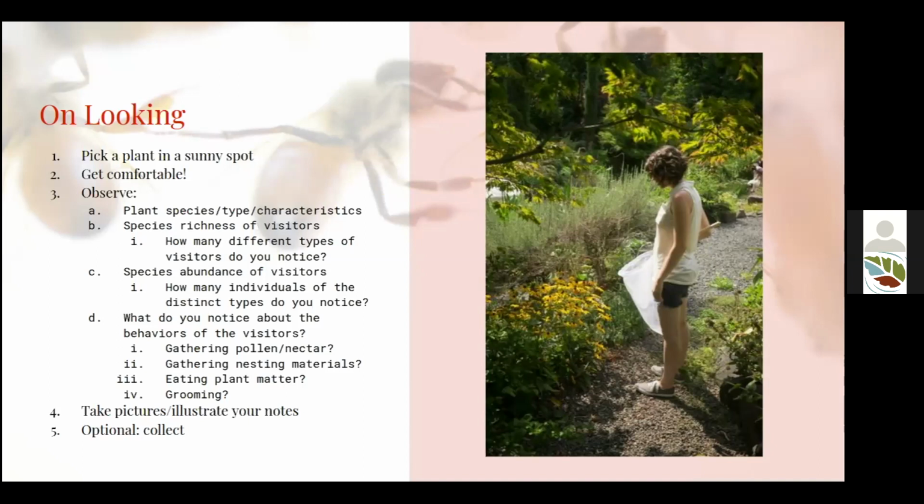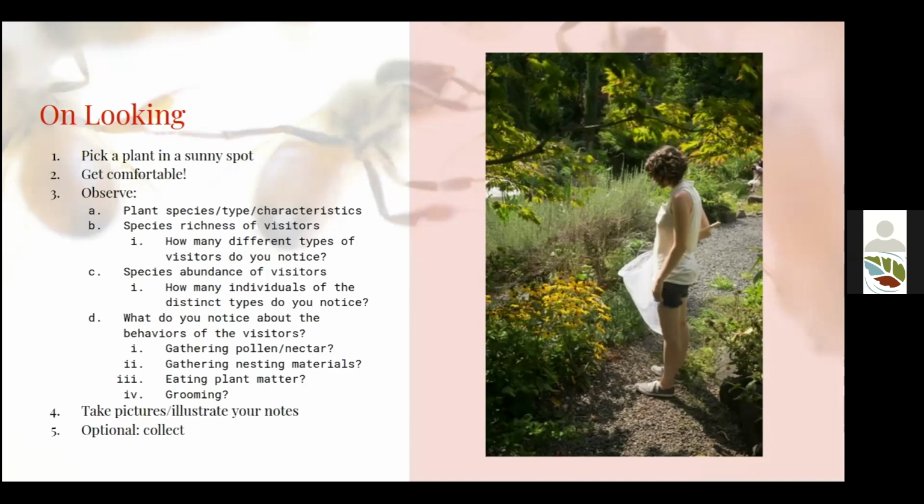And then the things that I like to note are behavioral patterns that I'm noticing. So whether the insects are gathering pollen, so if they're getting pollen on their faces and they're moving it to their scopae with their front legs, or if they're grooming pollen and stuffing it into satchels on their back legs, or pollen pants, we like to call those. Whether they're gathering nesting material. So if I see a leafcutter bee kind of chewing circles out of leaves, I'll note that down.